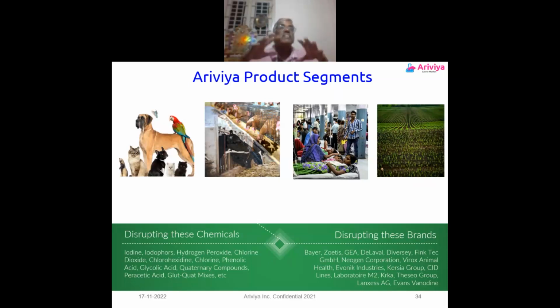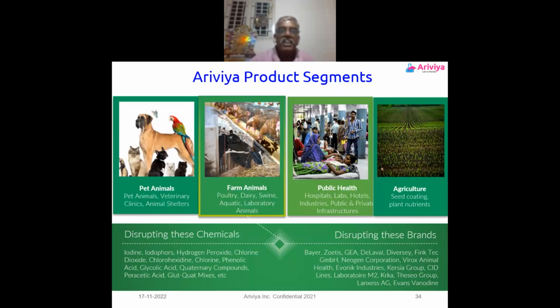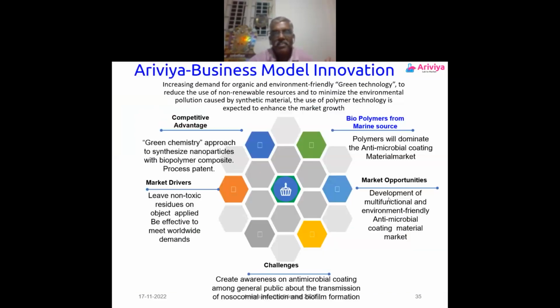Whether we can minimize this, that way we have a community-based product in our hands right now, based on these four segments. Okay, so pet, farm, public health, and agriculture. Like this way, then we have designed